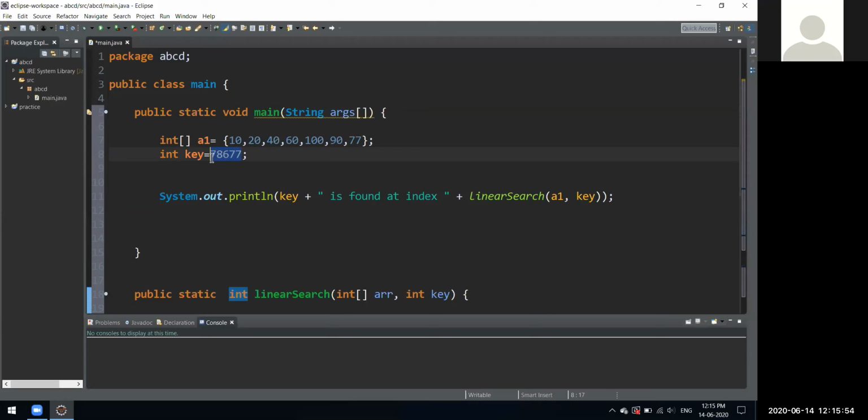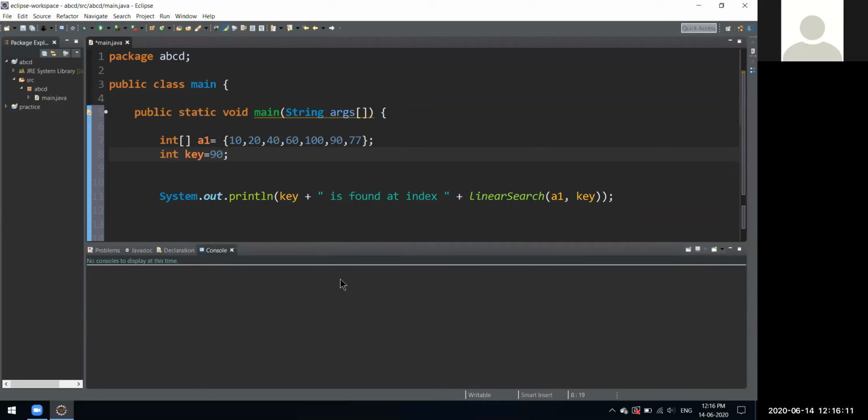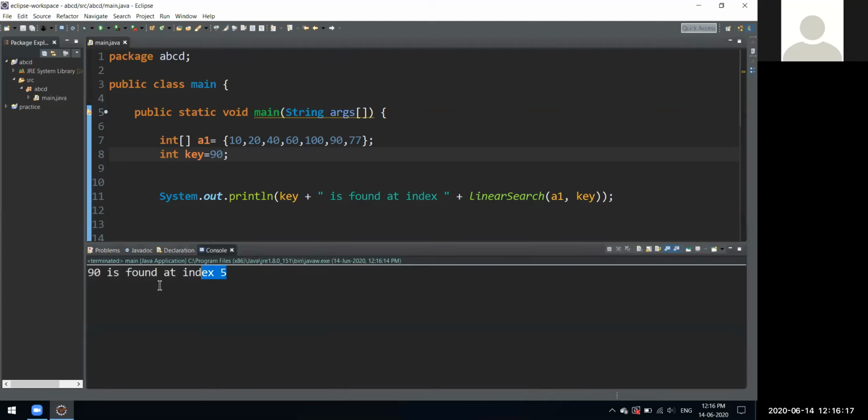So what we are doing is we want to find the position of any element from this array. Let's find the position for 90. So this is 90. Let's just try running this code and see what we get. See, we got it over here.